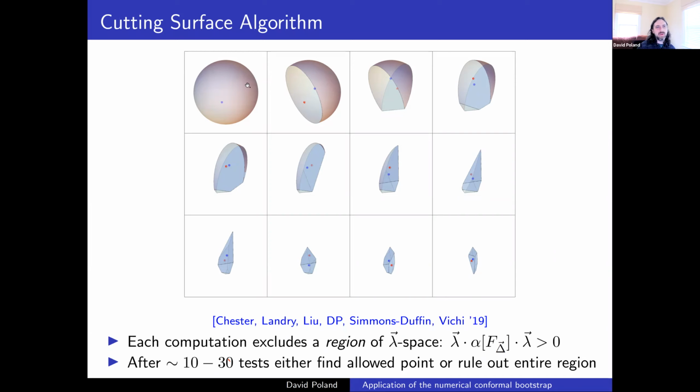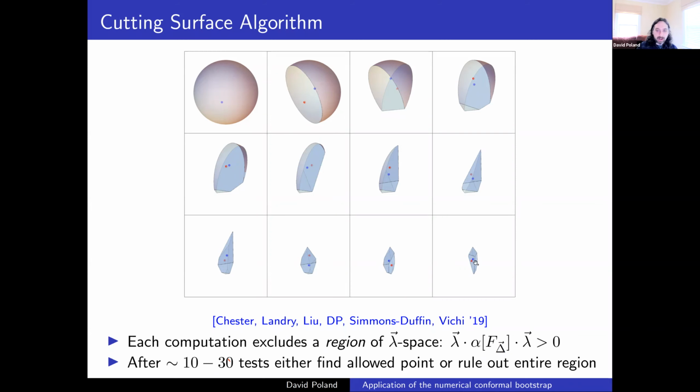So we start in the upper left corner. We start with some sphere that we're trying to search through. We pick a point to test, this blue point, and we find a functional that rules it out, but then the functional can exclude a whole region of space, which lops off a piece of the sphere. Then we pick a new point to test in the middle of the allowed region, the next blue point. That again lops off some part of the sphere, and then you keep iterating